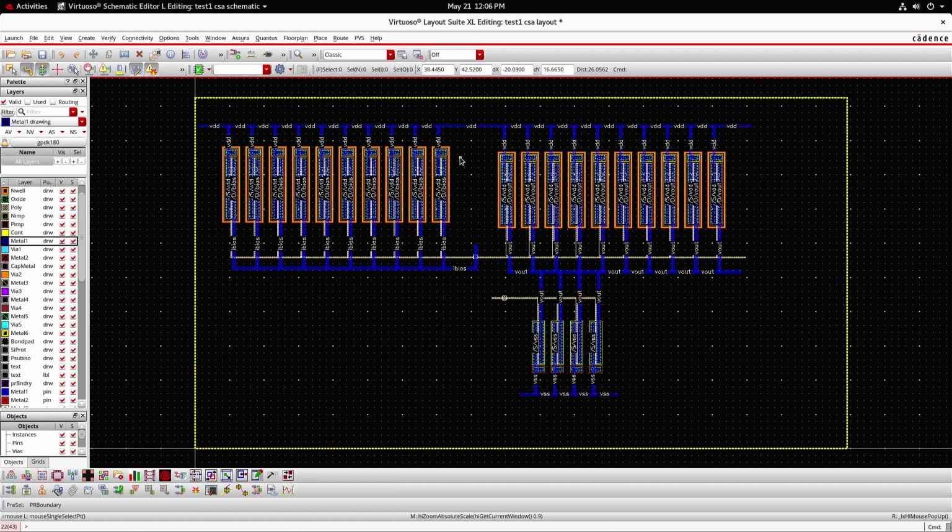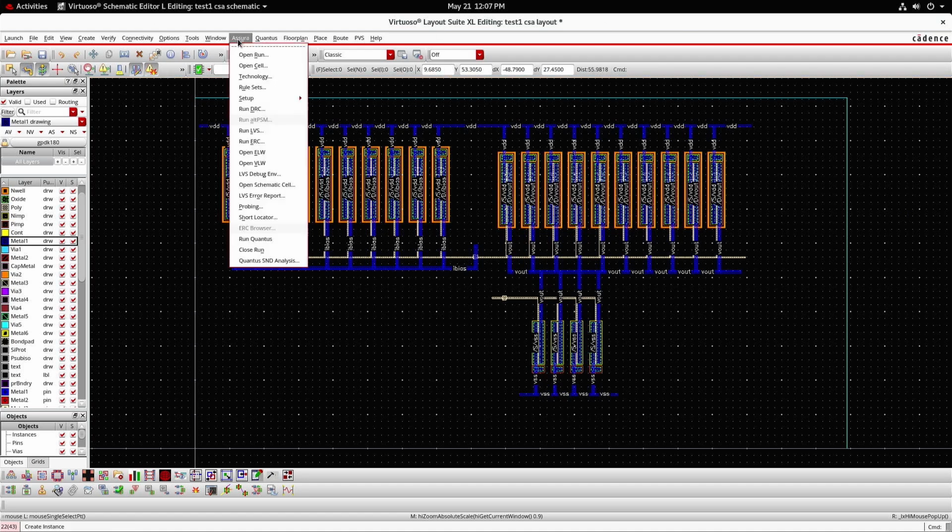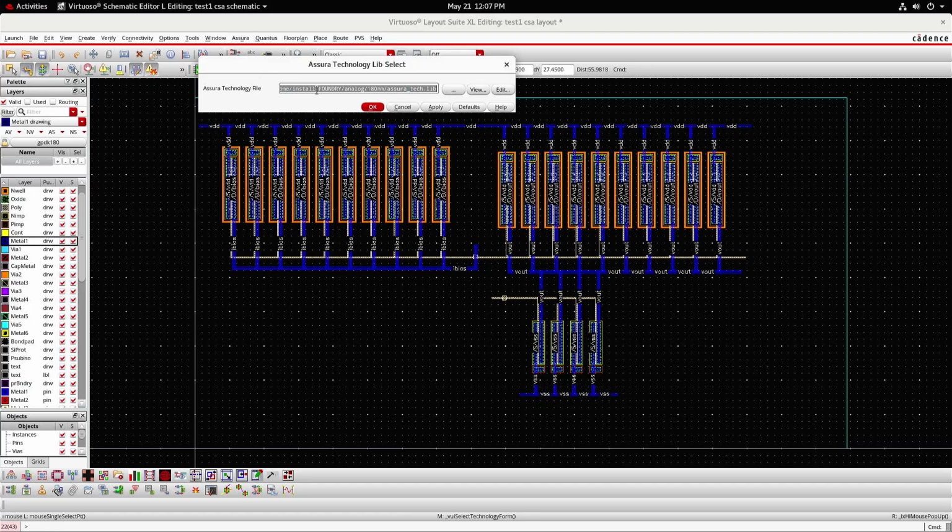After this, we have to do the physical verification by executing DRC, LVS and RC extraction, followed by post layout simulation. For doing the physical verification, first you need to set the technology file for Assura. That is, the technology file is home install foundry analog 180 nanometer assura_tech.lib, which can be set by clicking on the browse button.